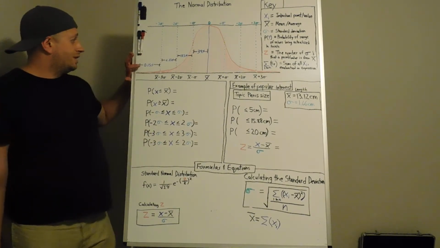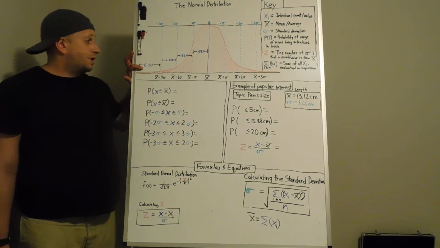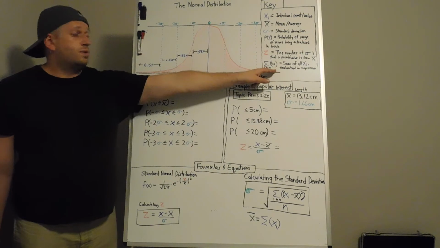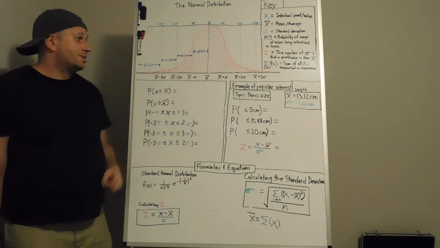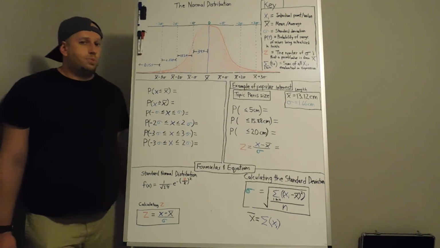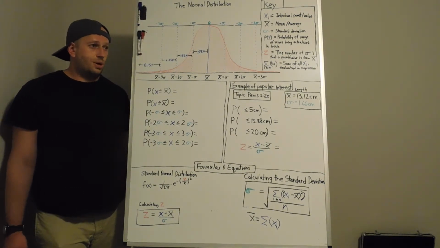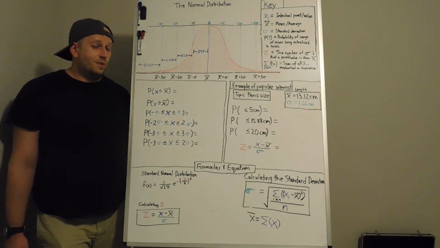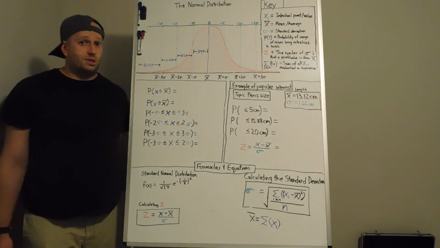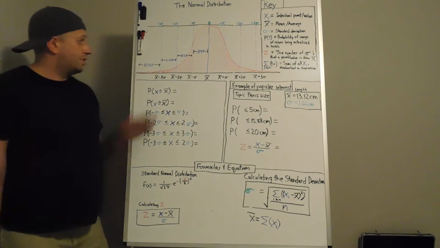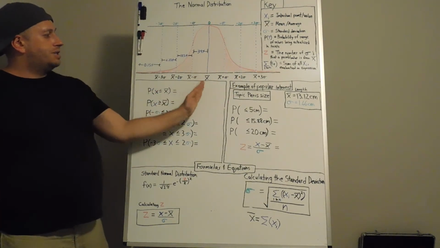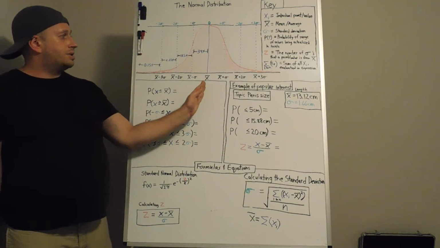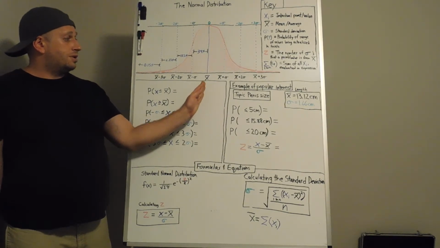Everything outside of it is only 0.15% on this side and 0.15% on that side. So that's a total of only 0.003 of the probabilities outside of those 6 standard deviations that I told you about. The 3 on this side and the 3 on that side. It makes it pretty easy when it is the standard normal distribution,